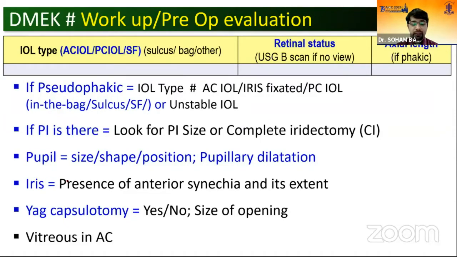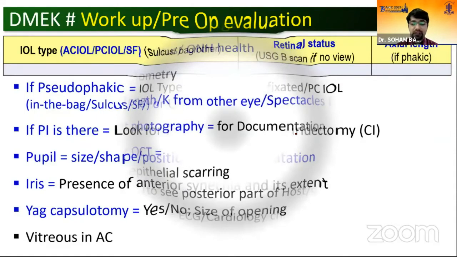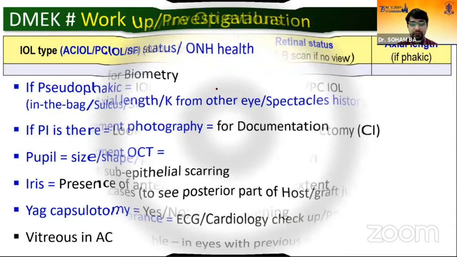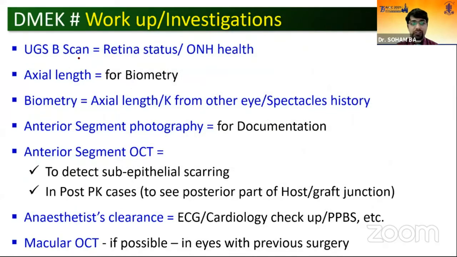The other important thing in AC anatomy to consider is the pupil. In case of a very large iridectomy scar, it might be prudent to do pupilloplasty. And in case there is vitreous in the AC or you suspect vitreous in the AC, it is better to have the vitrectomy cutters ready. Preoperative workup includes an ultrasound B scan, which covers the retina as well as the optic nerve health status,